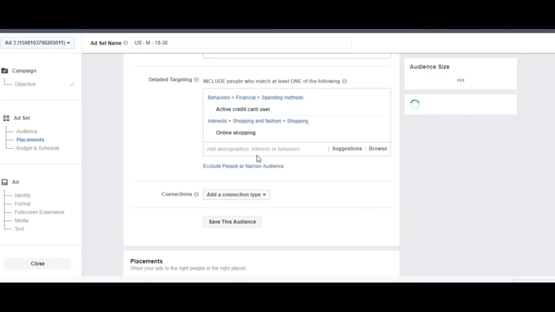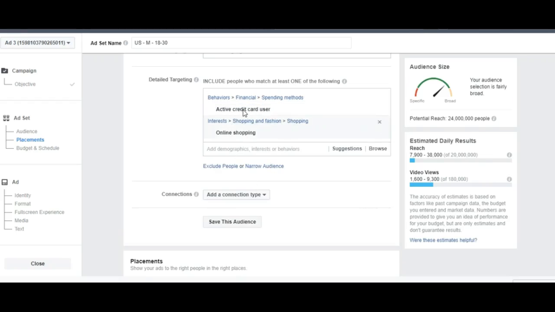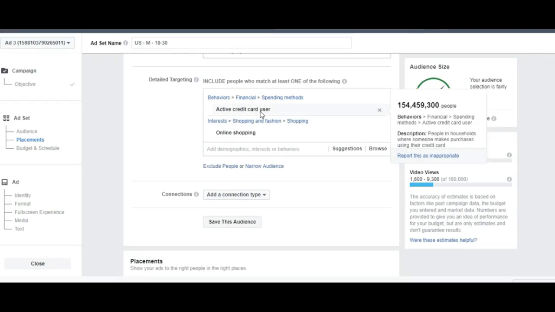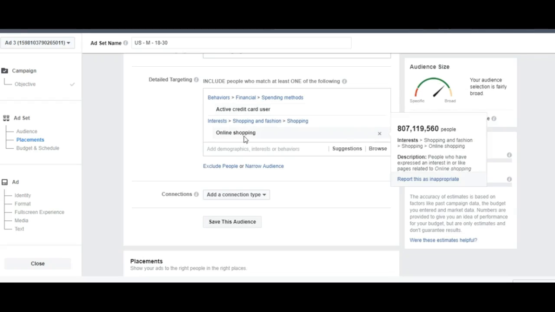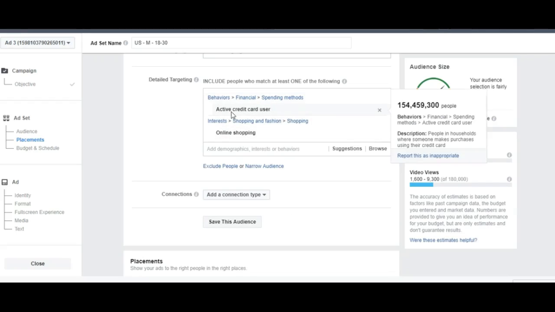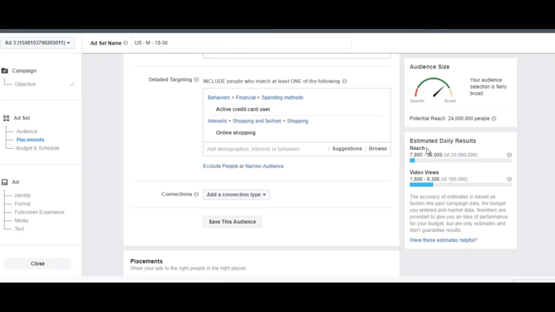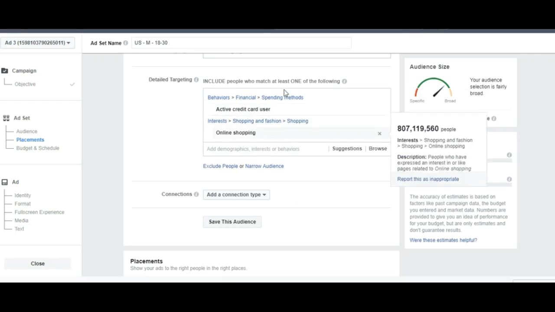Look at that. Now imagine targeting people that have used credit cards. Okay, look at that potential reach. Now, with online shopping and with behaviors of active credit cards, it has a potential reach of 24 million people. Now, this can be a really good